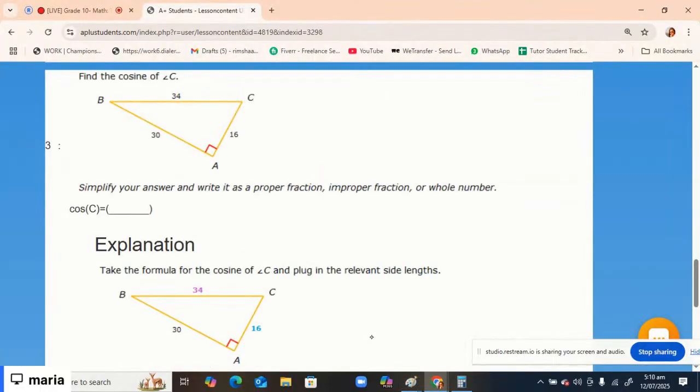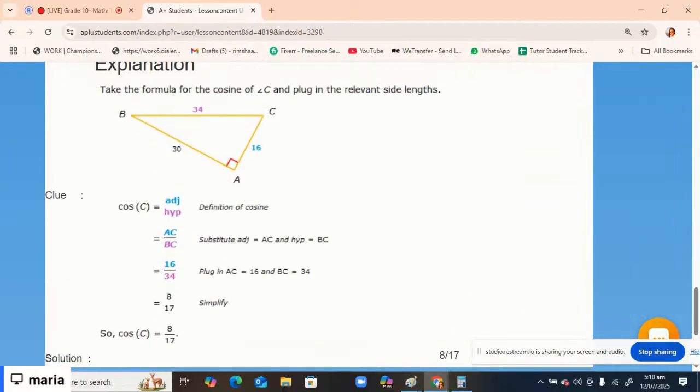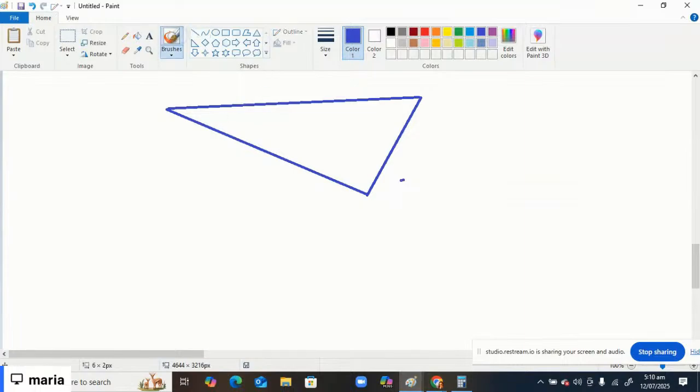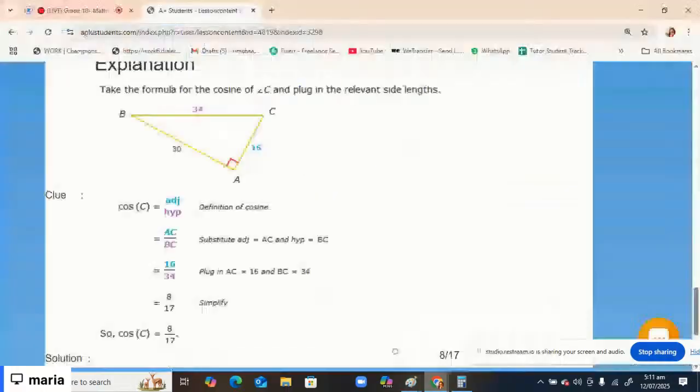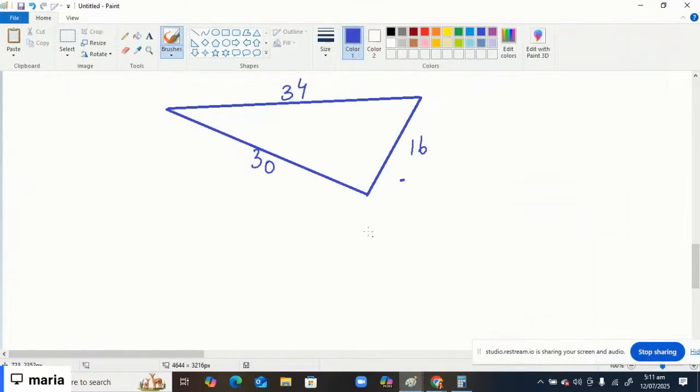And now where it is, 34, 30, and 16. Is it 16? Yeah. A, B, and C. All right, and they are saying that finding it out cos of C,